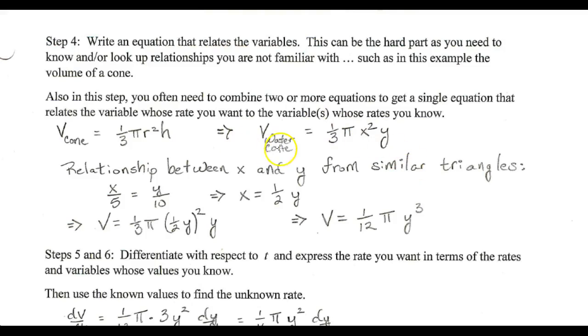Now the reason I can't stop here is because I have volume as a function of two variables that are changing, x and y. So I need to have volume as a function of only one variable. So I need a relationship between the x and the y before I can go through and take my derivative like I'm comfortable with. Because I need volume as a function of only one of these guys. So I need a relationship between x and y. So I get that from similar triangles, right? If I go back to my picture,